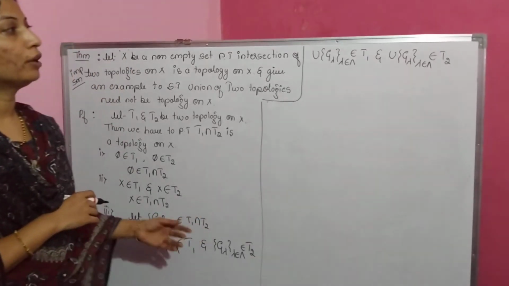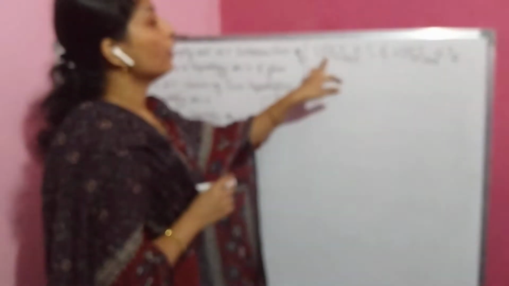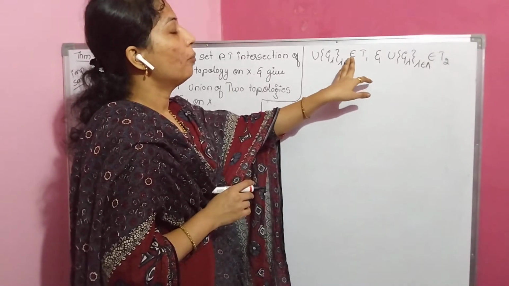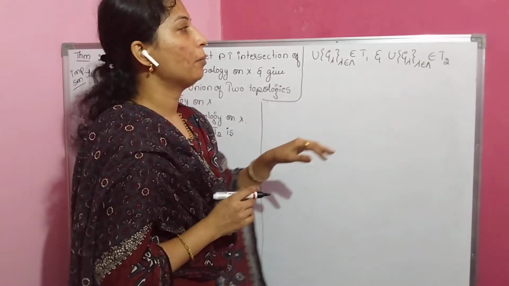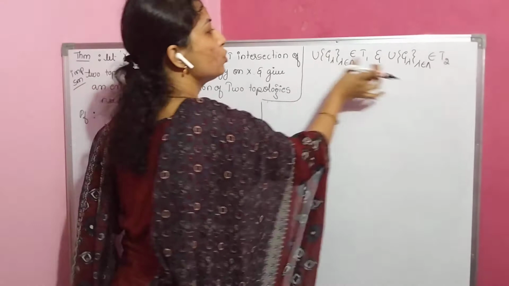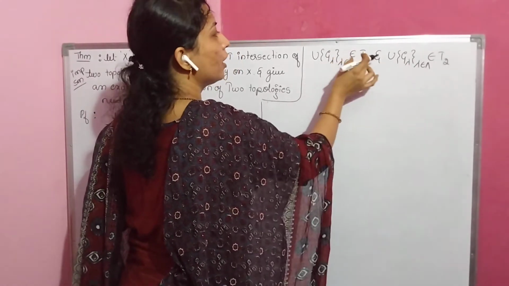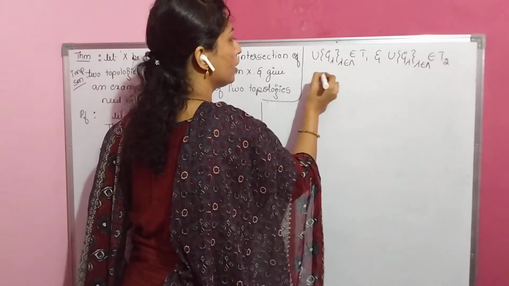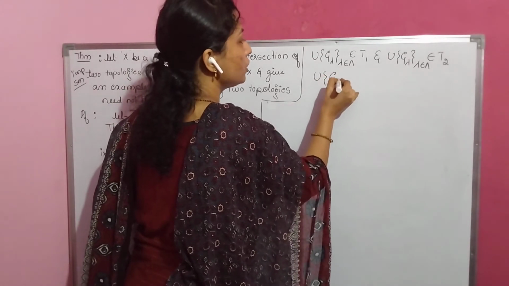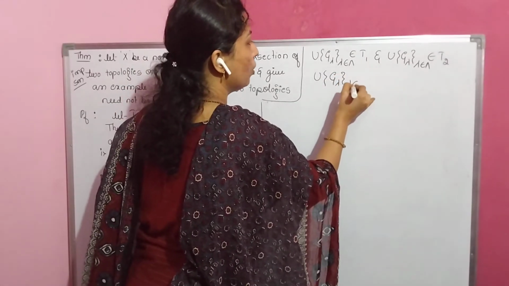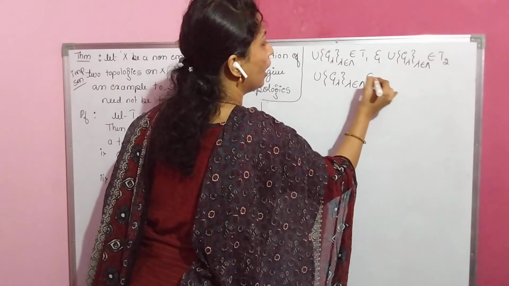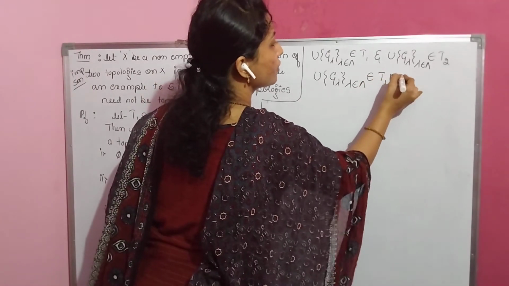Therefore, its union means it is the union of G lambda belongs to T1 and the union of G lambda belongs to T2. It means these two are the common elements in T1 and T2. Therefore, we write it as union of G lambda belongs to, is an element of T1 intersection